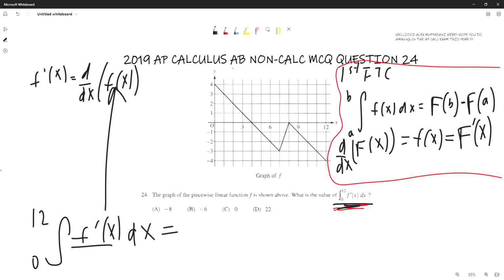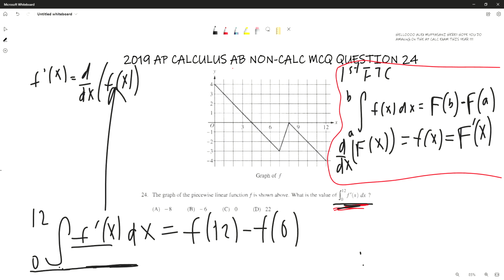So we are told by the first fundamental theorem of calculus that this integral basically equals the function at 12, or f of 12, minus f of 0, right? So using the definition of the first fundamental theorem of calculus, we can just plug in the values for a and b and find the answer to this problem. This is where the importance of the graph of f is. Without the graph of f, this question would not really be a question, right? But because College Board is super nice, they give you the graph of f,